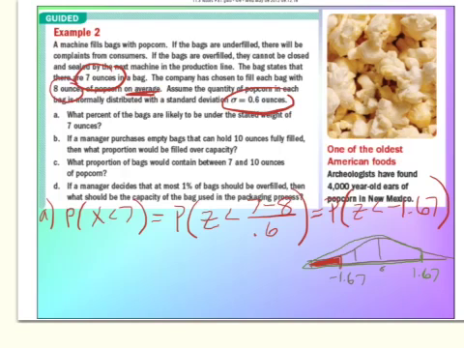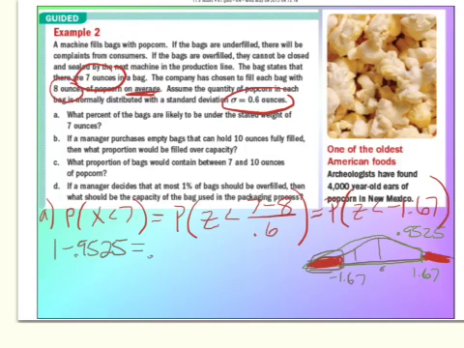That area in the green, when you look it up for 1.67, is going to be 0.9525. Now the thing about this curve, it has that great symmetry. This red tail right here is going to be the same as this red tail right here. So we can easily find the answer to this tail over here on the left by taking 1 minus the probability that we found. So what I'm going to do here is do 1 minus the 0.9525,